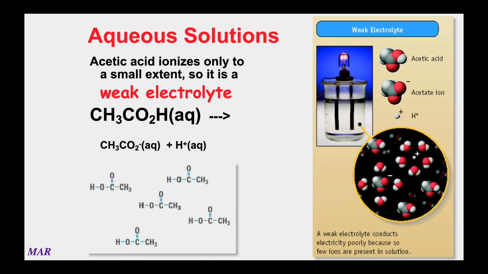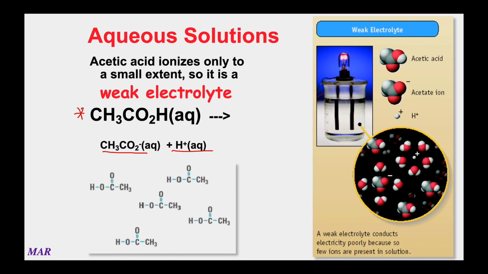A real common example for us right now is acetic acid. Acetic acid has CH3CO2H, and the H on the end is actually the acidic part of the acetic acid. So when it dissociates into the ions, you end up with the acetate ion and the H plus. But the difference between acetic acid and hydrochloric acid, which we saw earlier, is that this is much less